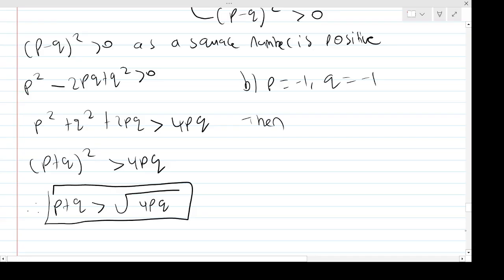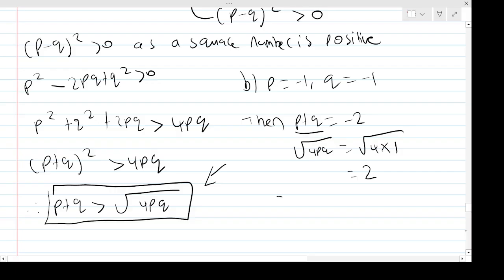Then, with this inequality, p add q is going to be minus 2 if we add them, and root 4pq, that's root 4 times pq, that minus 1 times minus 1 is just 1, so that would be root 4, which is 2. Well, hang on, that means minus 2 is less than 2, so p add q is actually less than root 4pq here. So the inequality is false